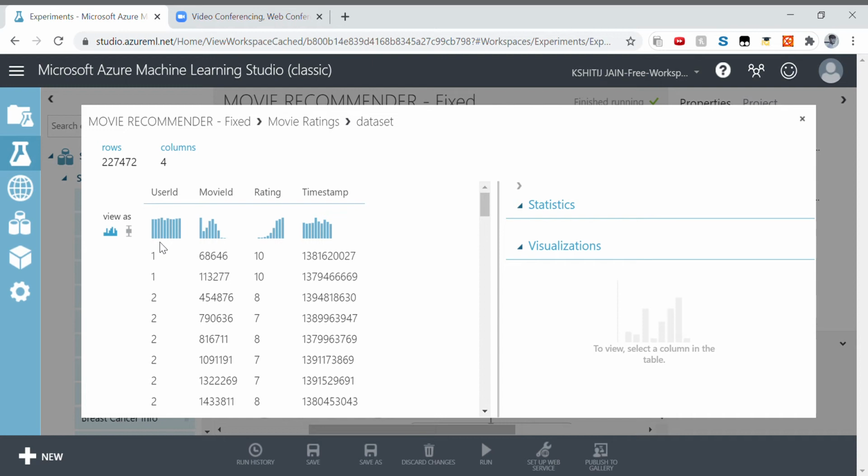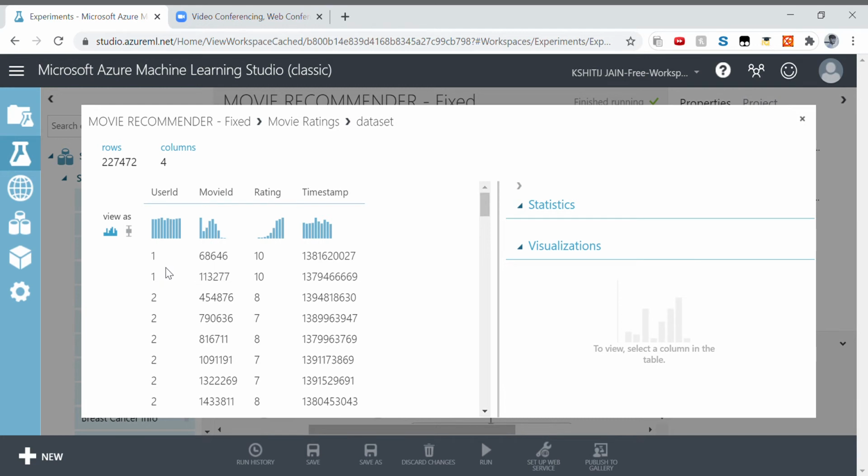You can see in the user id, a particular user id is given to a particular customer. Then for a particular movie id, a particular movie name has been assigned. This is the rating given by the user. So we can assume that there is a person x, whose user id is 1.